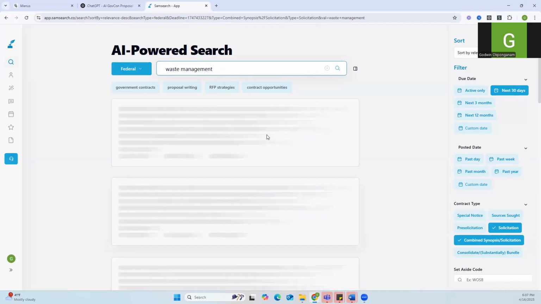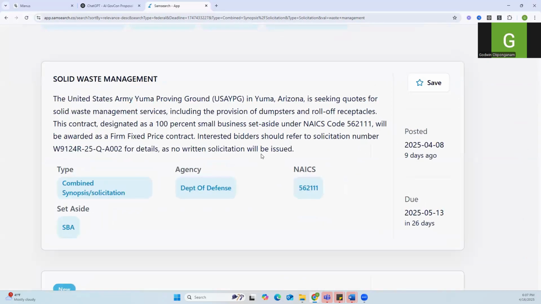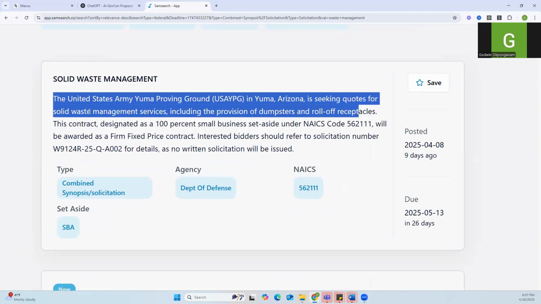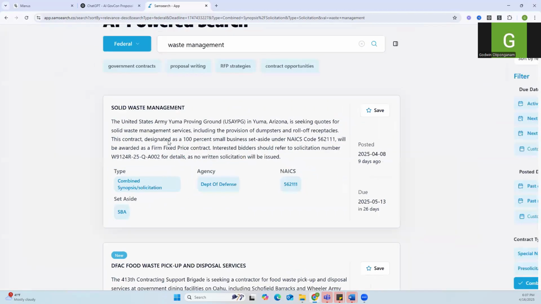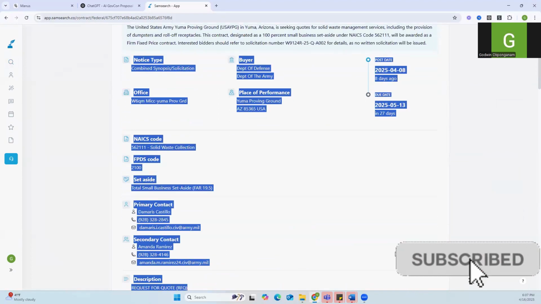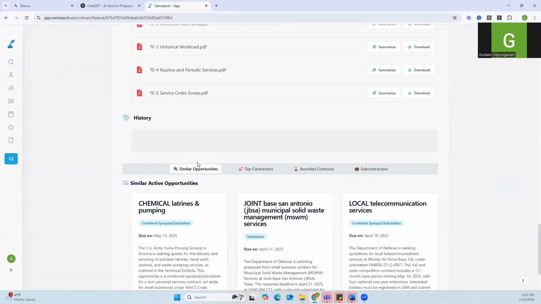Searching waste management. Waste management is our search. And we have a few things here. We have solid waste management. The United States Army Yuma Proving Ground in Yuma, Arizona, is seeking quotes for solid waste management services. Now, you see, one great thing about SAM search is you have that smart summary. You have all the information at a glance, but it goes further to showing you similar contracts,